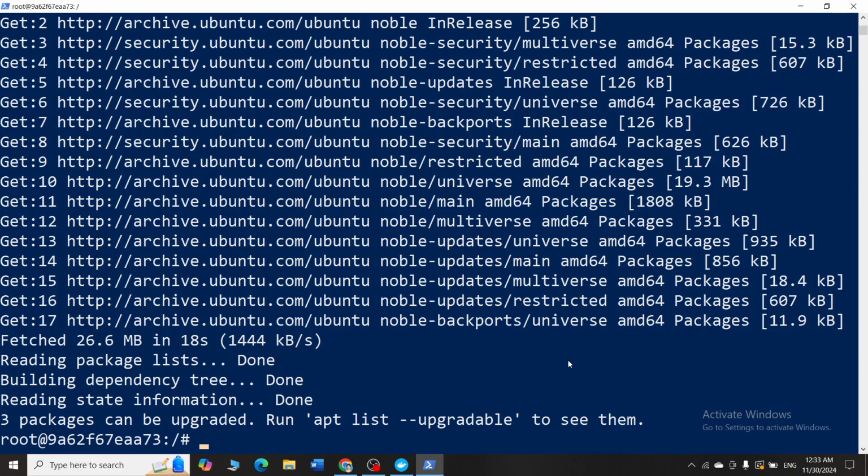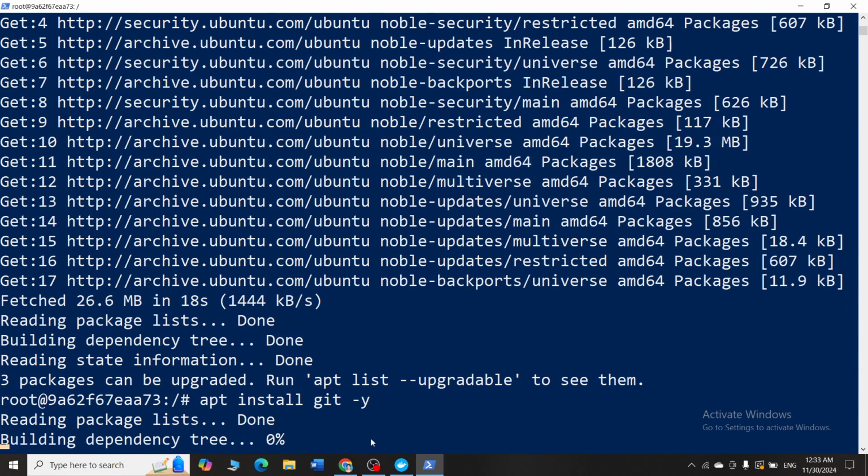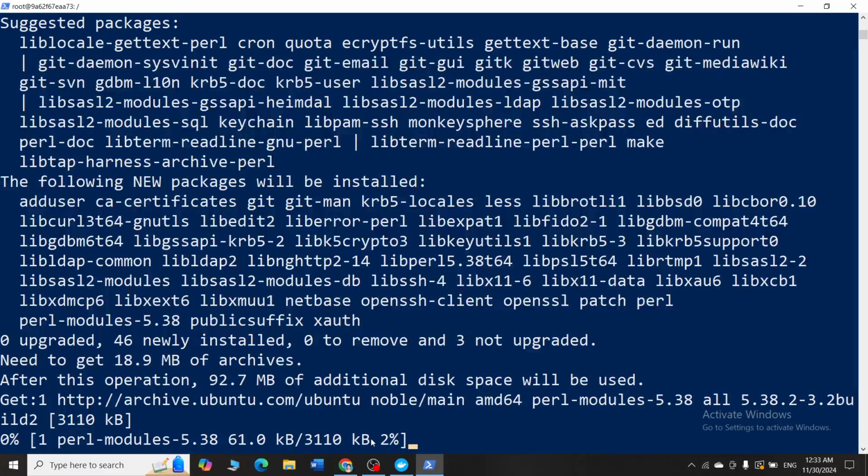So now that everything is ready, I will execute the git. So I say apt install git -y. So what is happening with this? It will install git inside this particular container. So why am I writing -y? -y is used because sometimes it will ask you at every step yes or no. It wants a confirmation of the installation. So to avoid that asking of yes or no, I am giving here my -y. So when I say enter, now my git will get successfully installed.